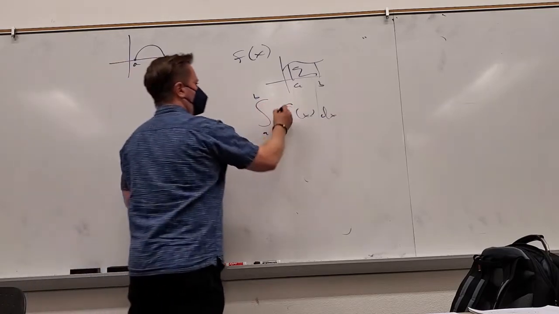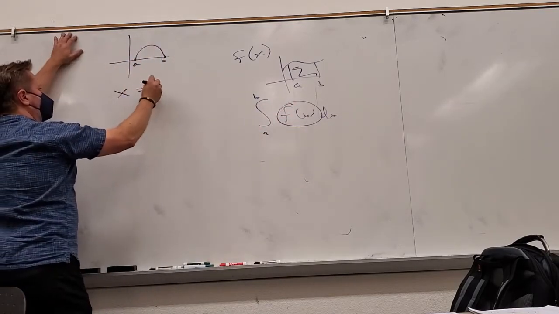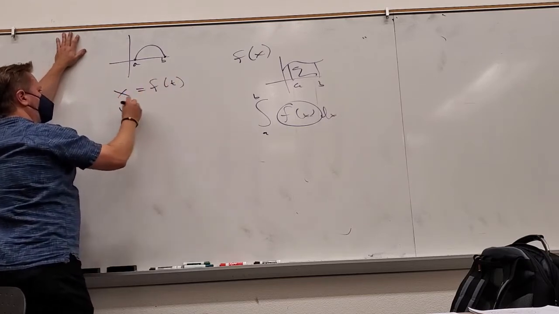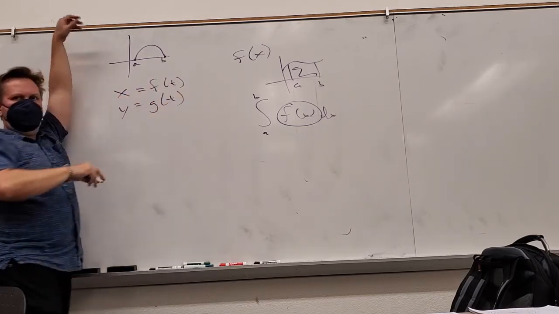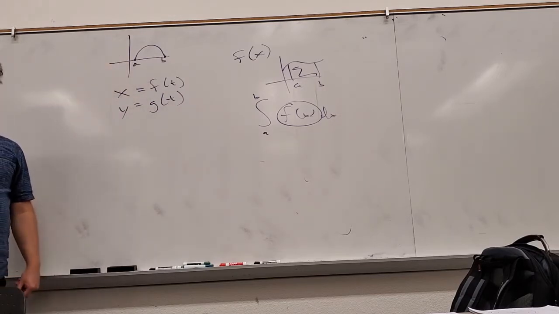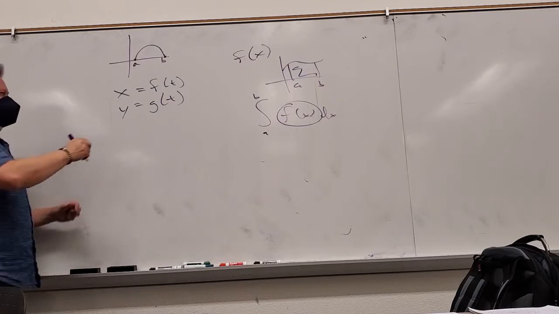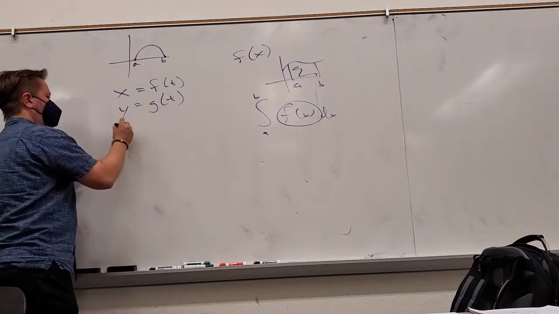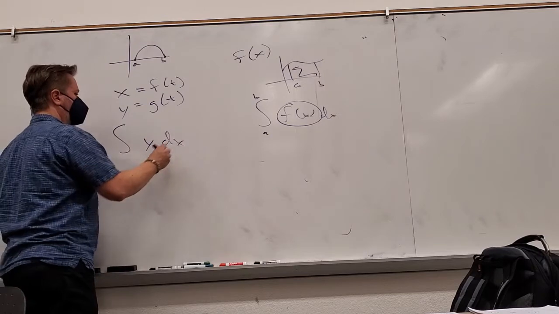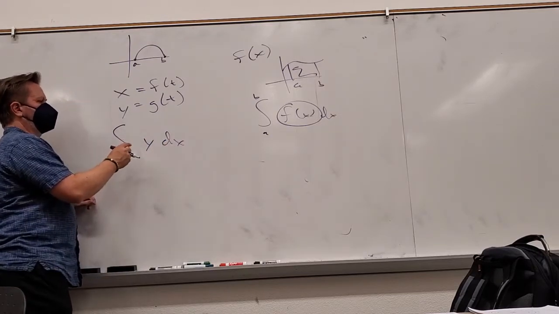F of x is just another letter for y, correct? So up here, I've got x is some function of t, and y is some function of t. And that made this picture, right? And I want to know the area enclosed in there, right? Sounds very familiar. Yes. Okay, so I would want to do this, and I would want to go from, well,